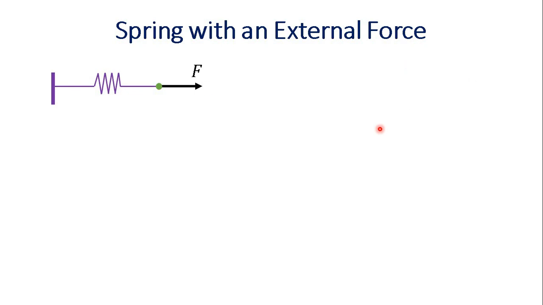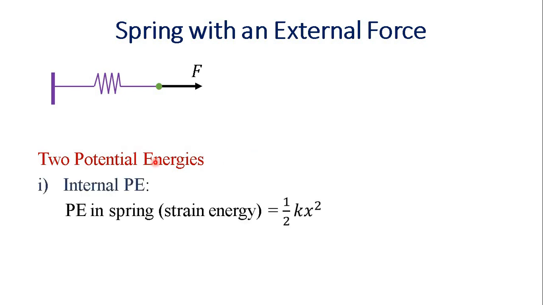We are not considering the forces. Rather, we have to visualize two potential energies that are involved in this system. First one is internal potential energy, that is the potential energy stored in the spring when it gets displaced. So when a spring is stretched by length x, then its potential energy increases by the amount half of kx